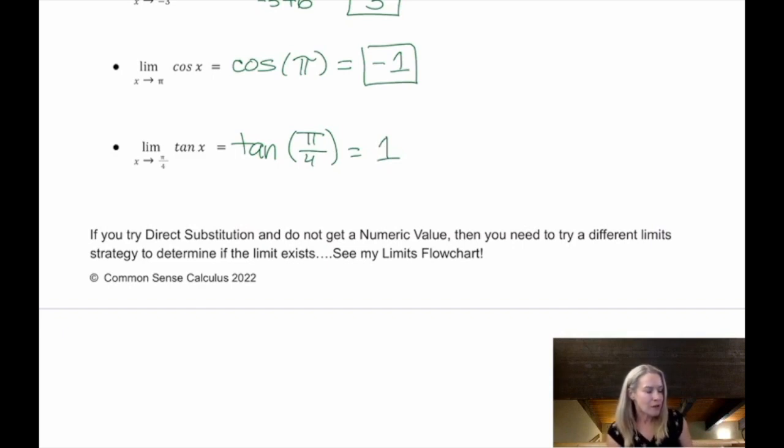So if you try direct substitution and you get a numeric value like we did on the examples above, then you found your limit. If you do not get a numeric value, you need to try some other strategies and determine whether that limit actually exists. And of course, I have a flowchart and other